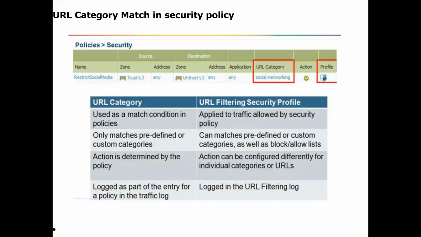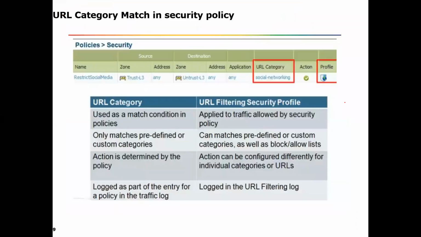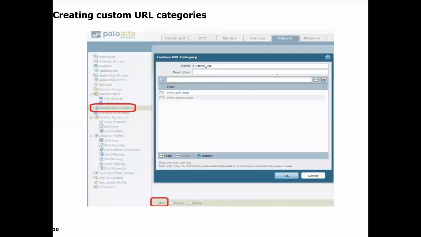Can you see this? What I did, I created one URL filtering profile, and we restricted social media and used that particular profile in that particular rule. So you have that granular option. There is also an option called custom category in the URL filtering. Let's say you block the social media category, but you want to allow LinkedIn.